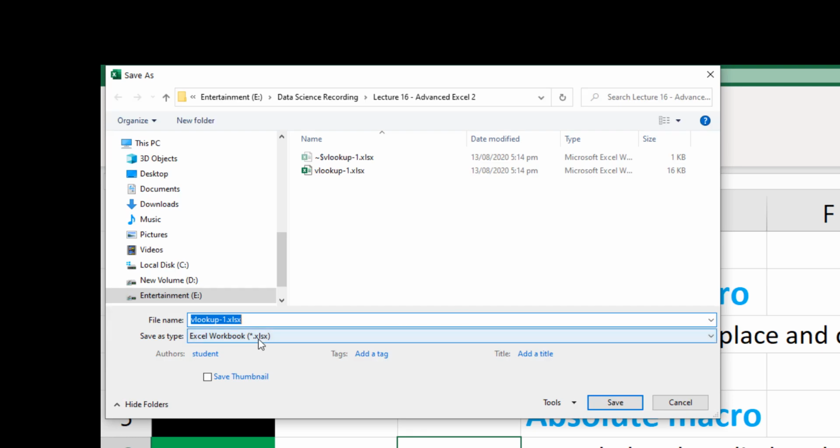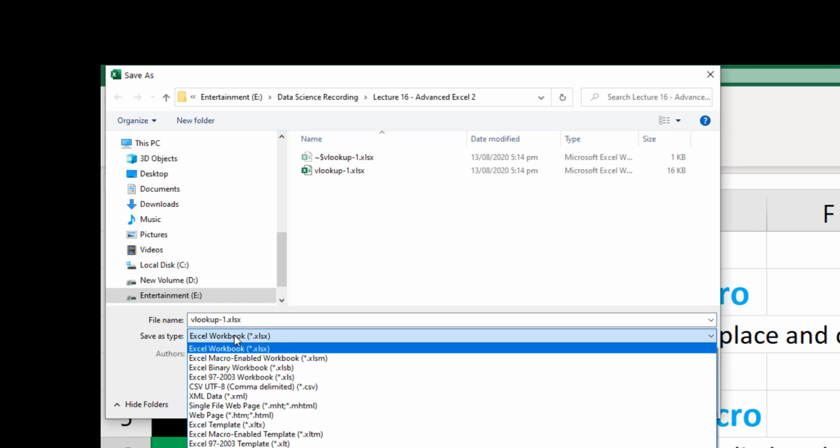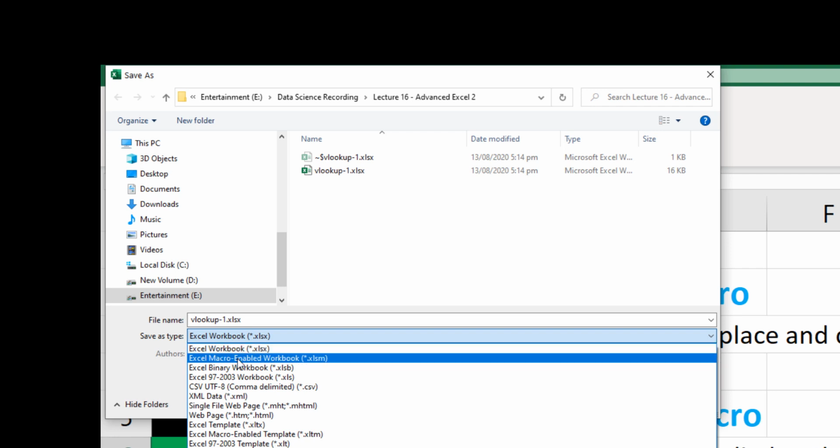Remember, if you have a macro in your Excel sheet, you have to save the Excel sheet as a macro enabled sheet. So from here, Excel workbook, I'll click on this and enable the pull down menu.